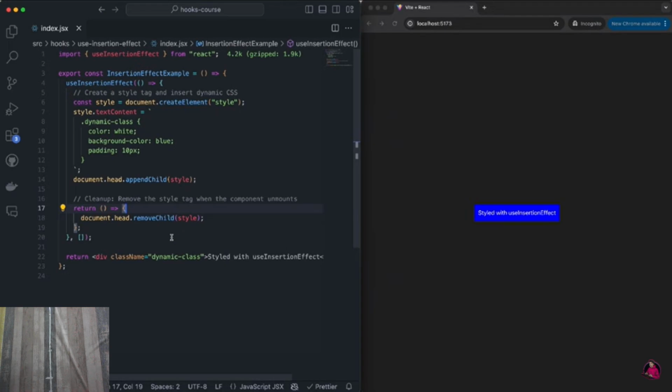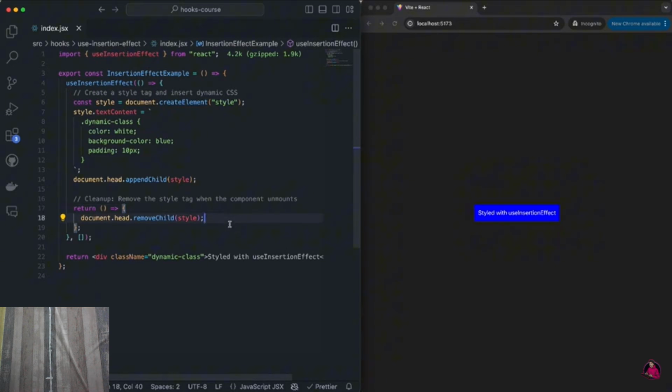And the reason why they benefit from using this is because they're able to inject critical styles into the DOM before the browser even attempts to paint the UI. So this will avoid situations where a component briefly renders, but without any of the styles, and then it flickers to the component with the styles. So it's similar to the useLayoutEffect in the sense that it will prevent those flickers, but this is specifically